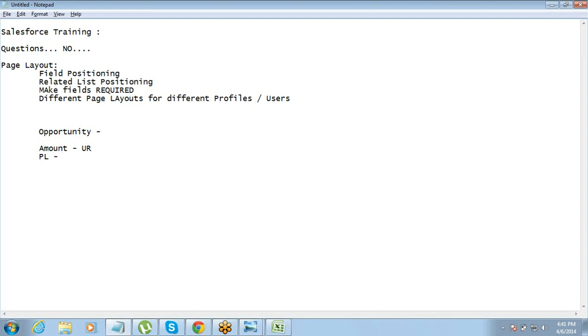How do we see that particular user for this page layout? I'll come to that part. But as of now, whatever we are discussing, is that clear? If a person has that particular page layout which is required, but in the backend it might not be required. It will not be required. So while data loading, there could be no value, but while you are entering through that page layout, then you will have to give a value.